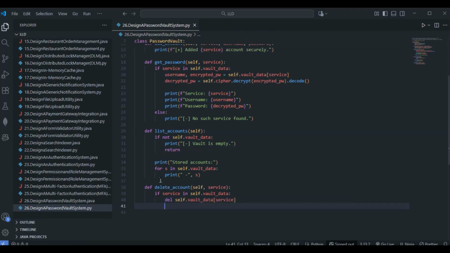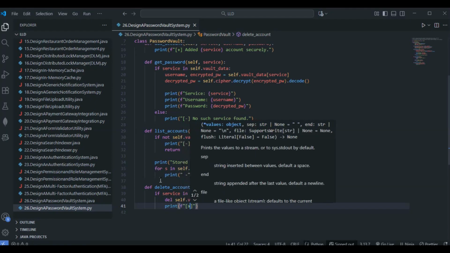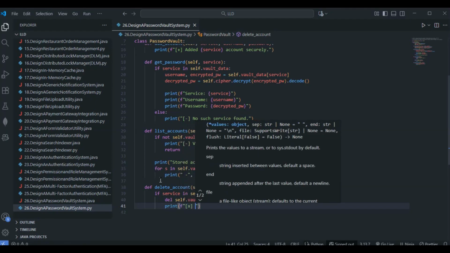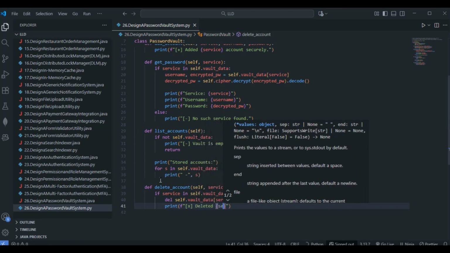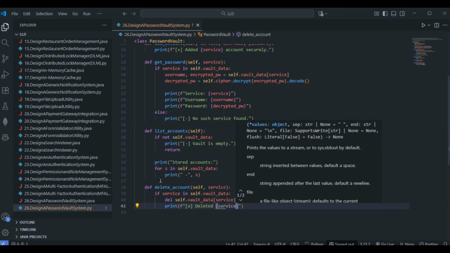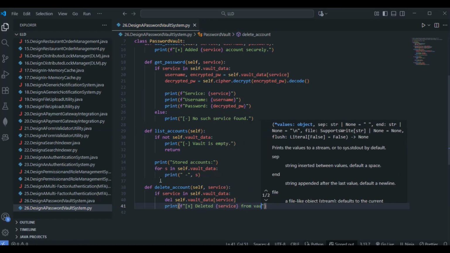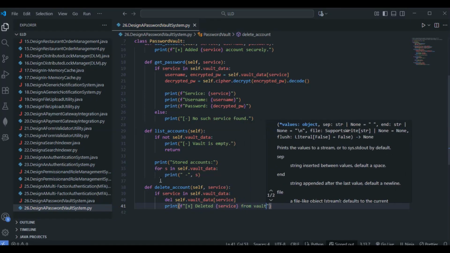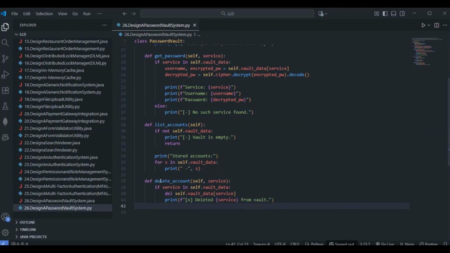So now let's print something for the interactiveness. I'll just go with a print. I'll just give X here. This is fine. Let me go with deleted. So this is also fine. Let me go with service actually, from vault actually. Yep. So this is fine. Yeah. Else,